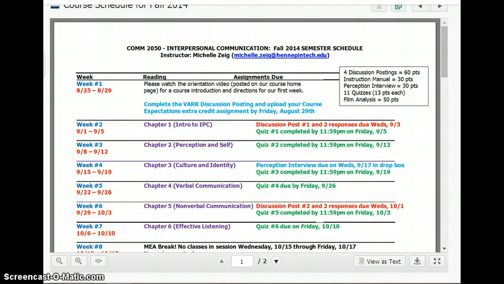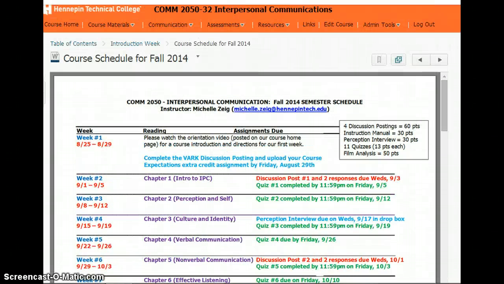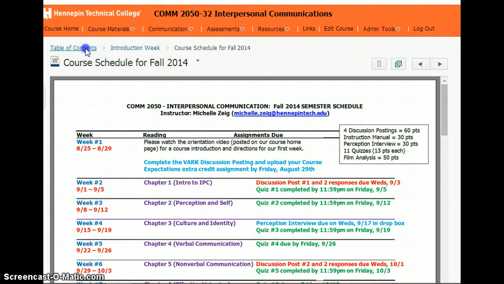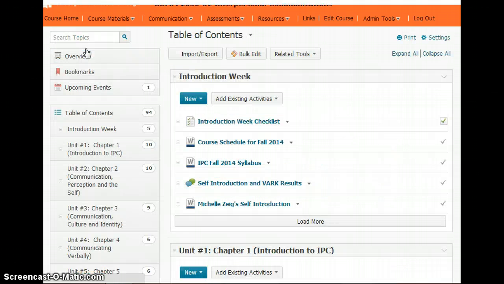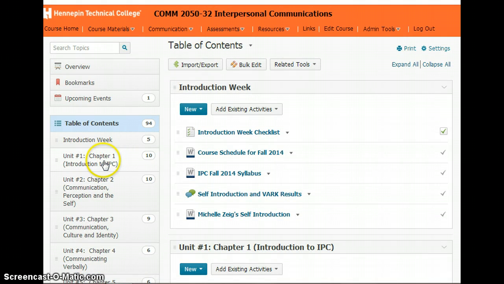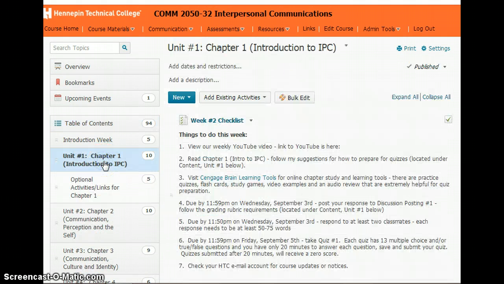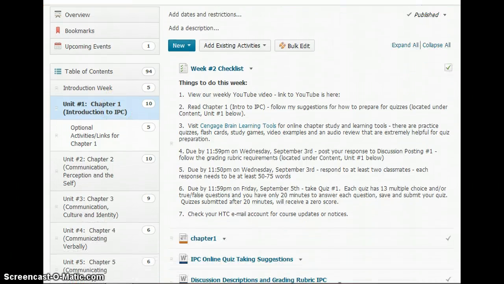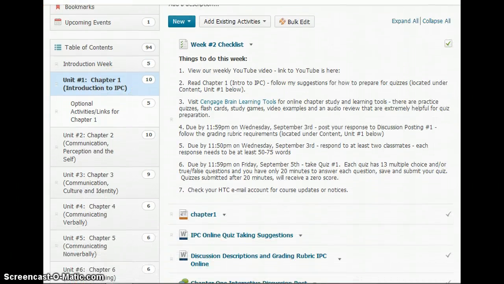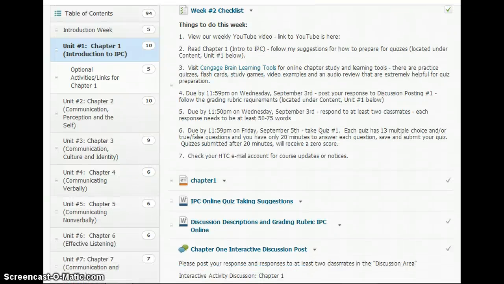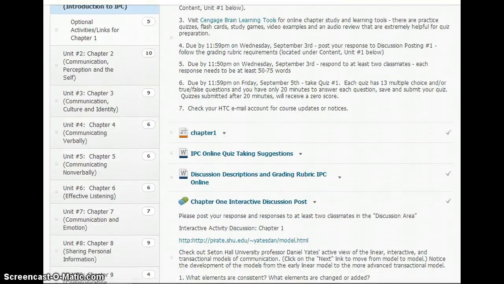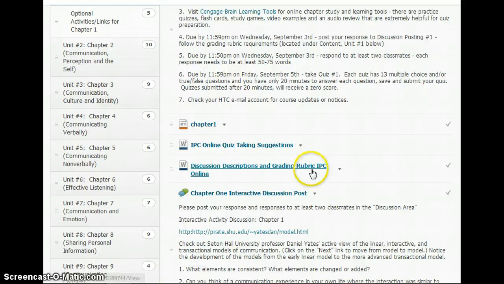So what I'm going to do is change my screen here, and I'm just going to stay under table of contents. I was just on the course schedule there, but I'm going to go down under Unit 1, Chapter 1, and here you see your checklist of things that you need to do. This will also be on our course homepage as well, but I want to go down here and click on